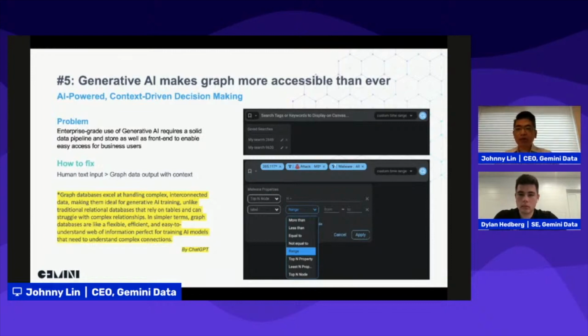Unlike traditional relational databases that rely on tables, rows and columns, and can struggle with very complex relationships. So, in simple terms, graphs are like a very flexible, efficient, and easy to understand web of information that's perfect for training AI models that need to understand complex connections. So this already tells us that graph could be a great foundation for your AI projects.